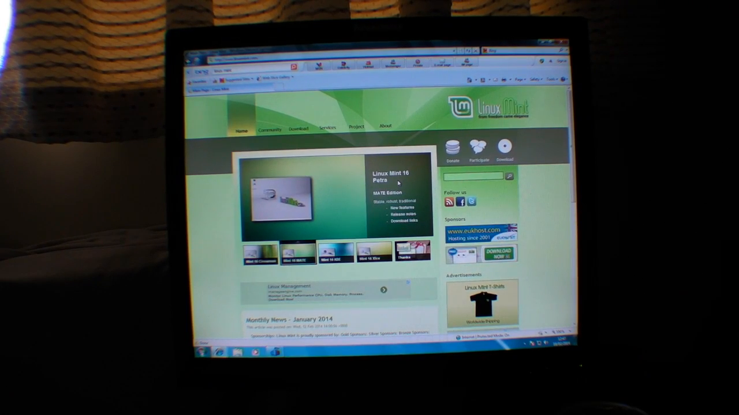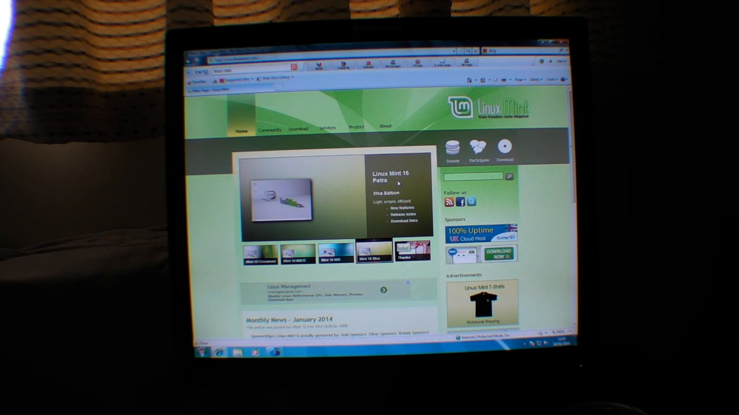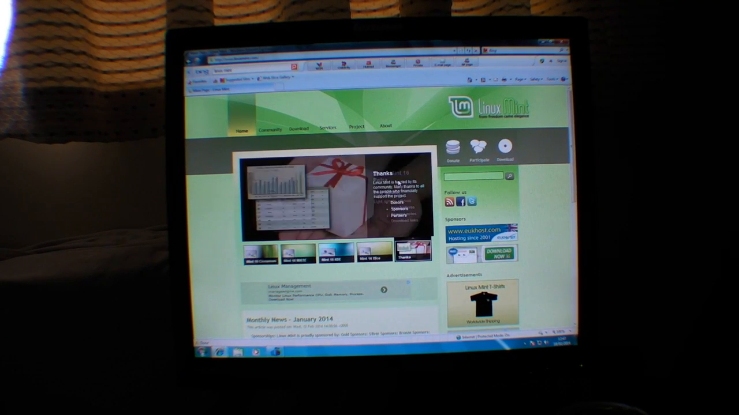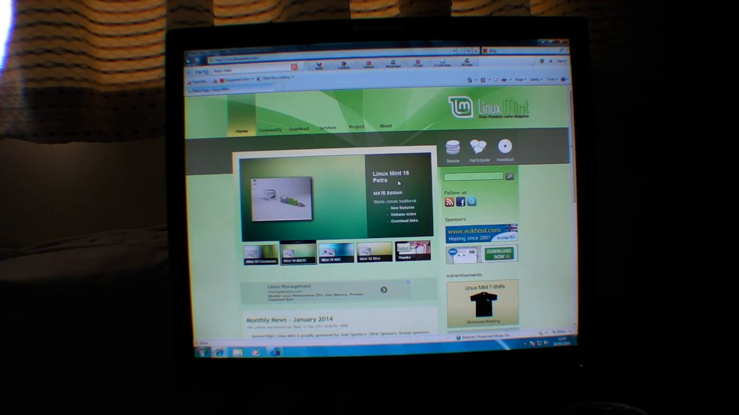Good morning. Today I'm going to show you how to install Linux Mint on your computer. Linux is freeware software which costs nothing. To actually go onto the Linux website, you need to go on to